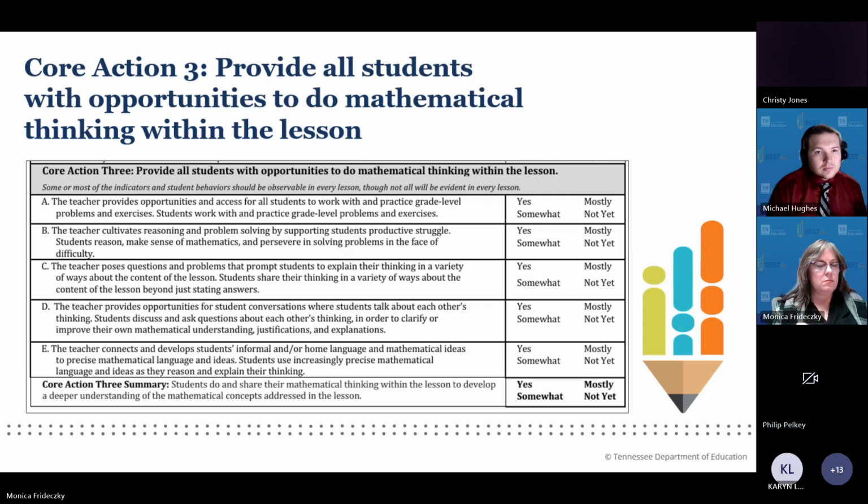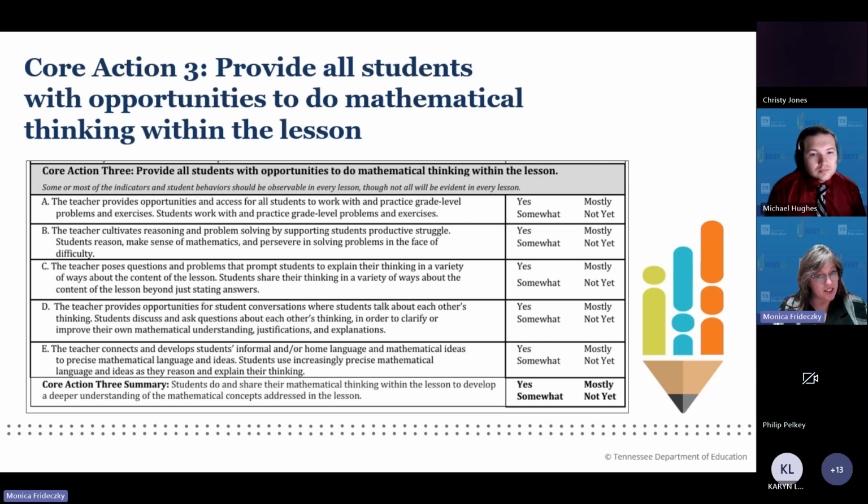So back to core action 3, we talked about student opportunities. I was saying something about math is not a performance subject. Although correct answers are valuable, and that's what we want, mathematics as a whole, in its nature, is a thinking subject. So what we want to do in mathematics is to help students realize that mathematics is a tool to help them with problem solving, using their reasoning skills to solve complex problems.